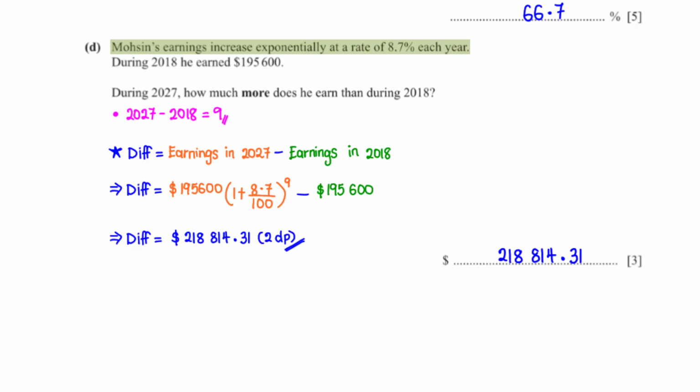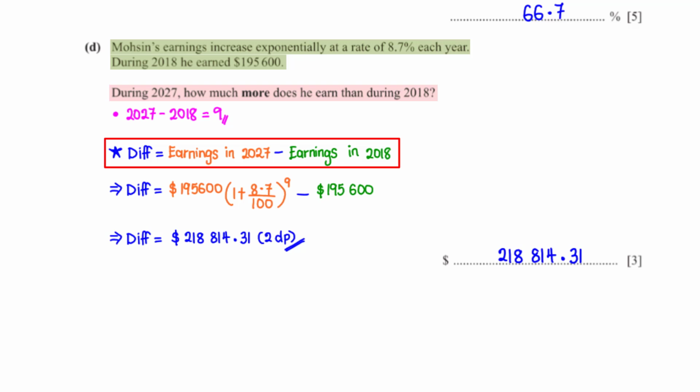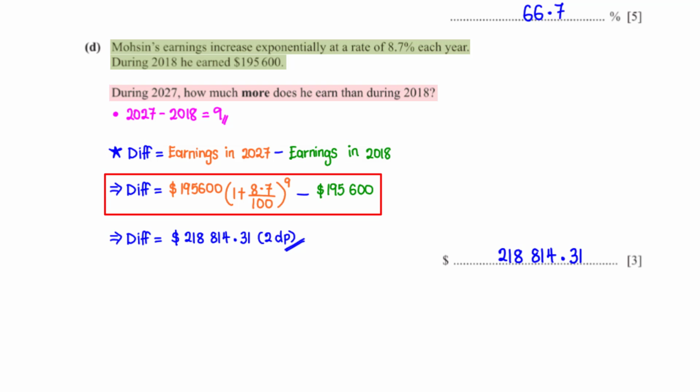Motion's earnings increase exponentially at a rate of 8.7% each year. During 2018, he earned $195,600. During 2027, how much more does he earn than during 2018? In other words, we want to find the difference between Motion's earnings in 2018 and 2027. We already know his earnings in 2018 is